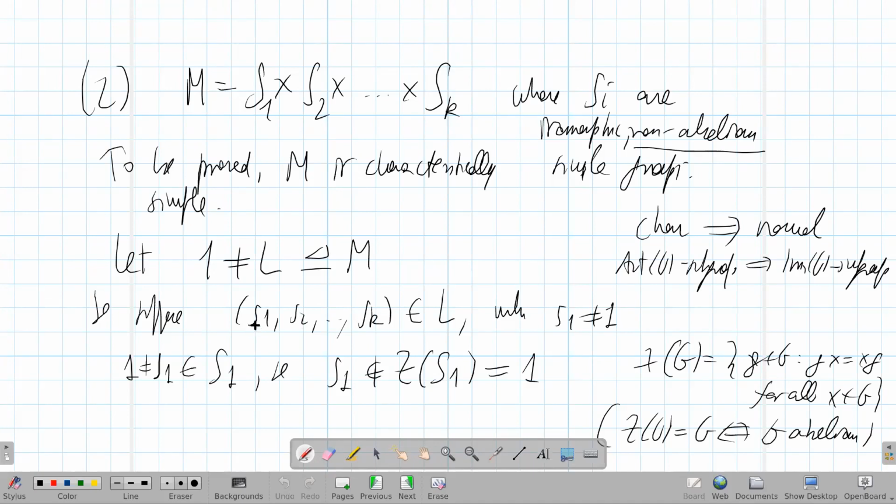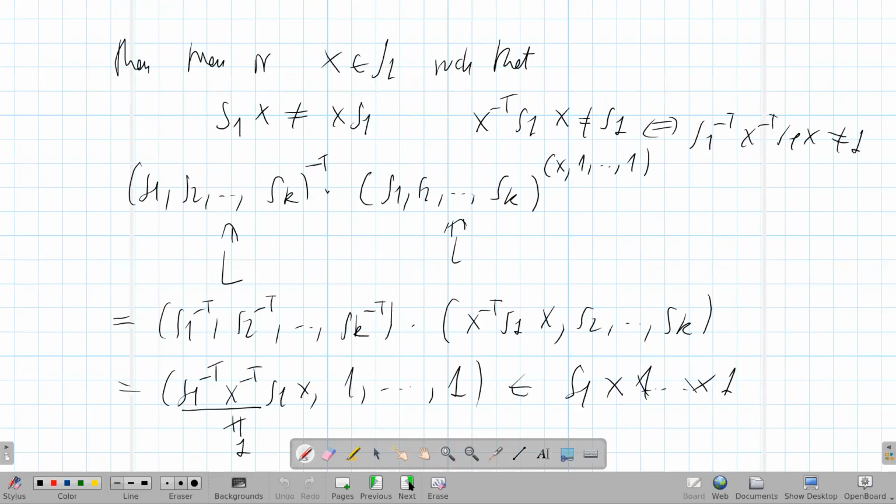I'll take the first one, but it might be the ith component. And then by choosing an argument which is not in the center, this is not abelian, so the center is trivial, we found